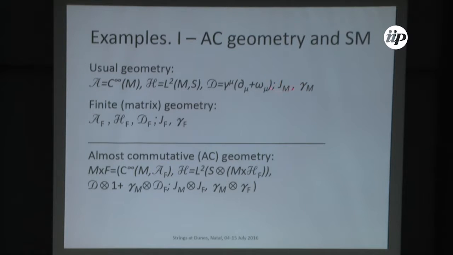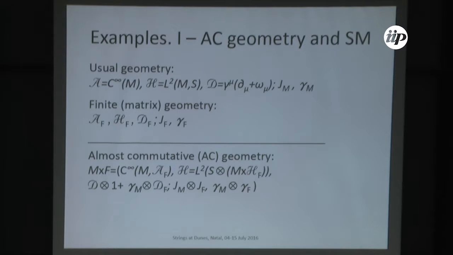After those, there is some Z2 grading. It does not exist for any dimension. But anyway, this is one example of a spectral triple. It produces, as I showed you briefly, the usual geometry, just geometry. The probably simplest example is finite matrix geometry. Just take the algebra of finite matrices.